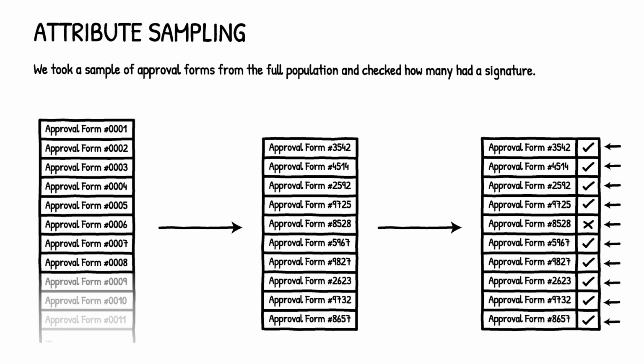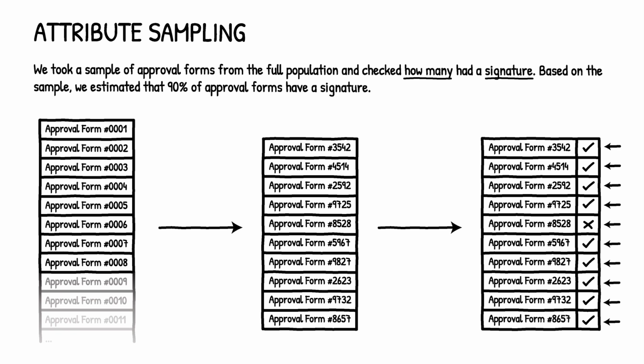Notice how each item is either a yes or no. That's because attribute sampling is a type of compliance testing, where each item is either compliant or not compliant with the attribute that we are testing. In this case, having a signature. Each form either has a signature or it doesn't. We can then count how many have a signature to determine the compliance rate. In this example, since 9 out of the 10 in our sample have a signature, we estimate a 90% compliance